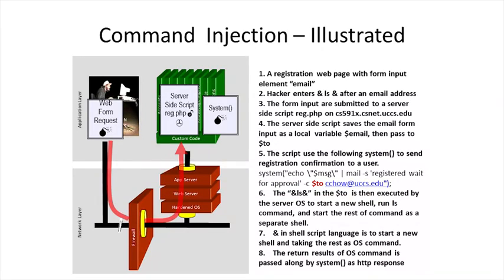Here we show the data flow of these web applications. First, a registration web page with the form input elements with the input element email. Second, the hacker enters & ls & after the email address. Third, the input data are submitted to the server-side script reg.php on the server